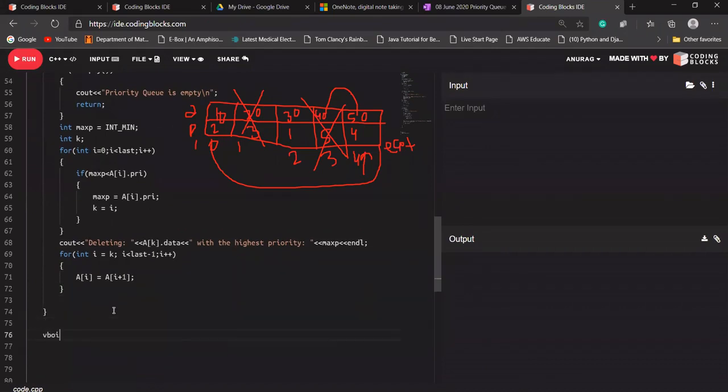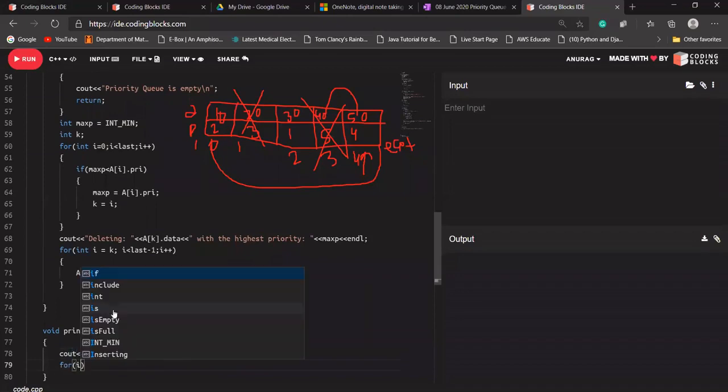Let's say I'm quickly designing my print function here. Void print, cout, printing the values of the priority queue, slash n.